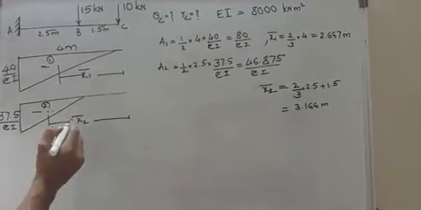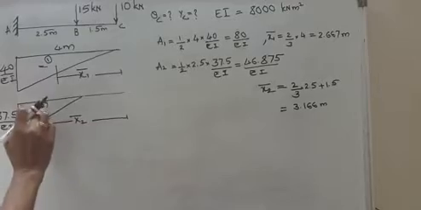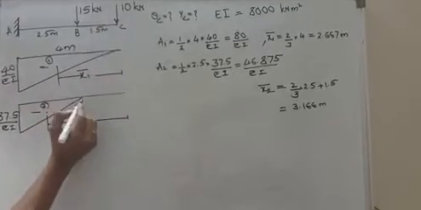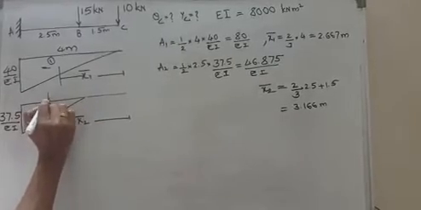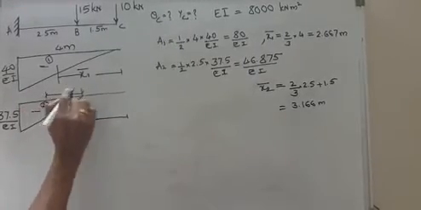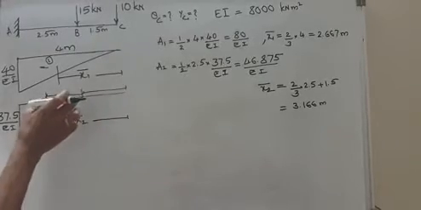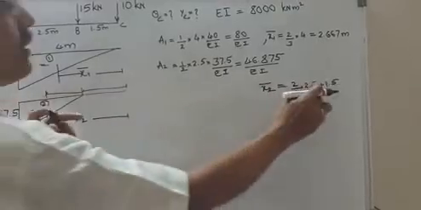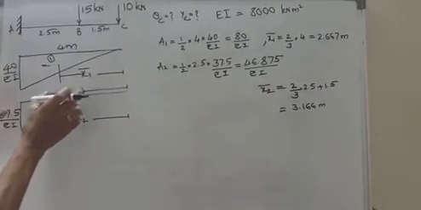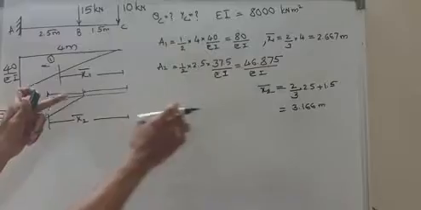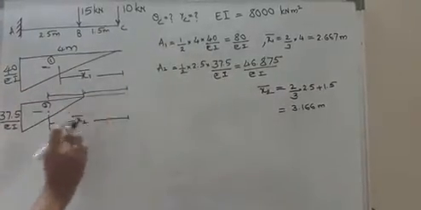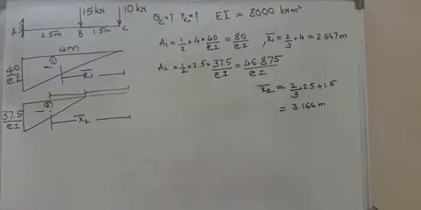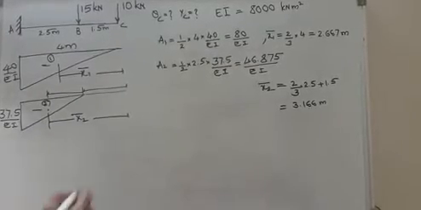Now, actually this x2 bar is the distance of CG of this figure with respect to C, because we are calculating the deflection at C. So from here, this you have to split into two parts. You have to calculate this plus you have to add this much. You know that this is nothing but 2/3 of this width. What is this? 2/3 of 2.5, because this is 2.5. This is 2/3 of 2.5 plus this is 1.5. So if you calculate that, it comes 3.166 meters.